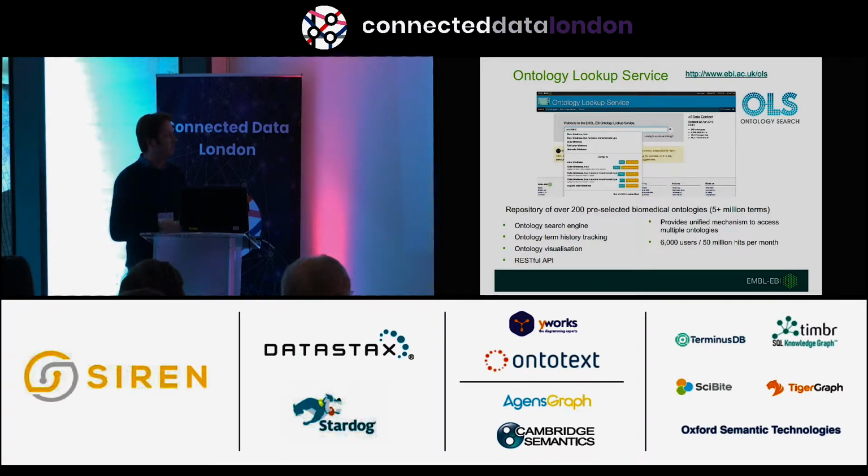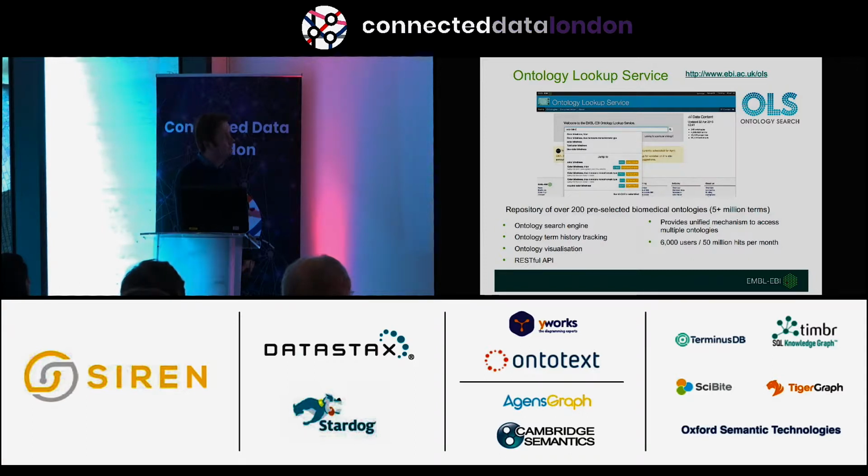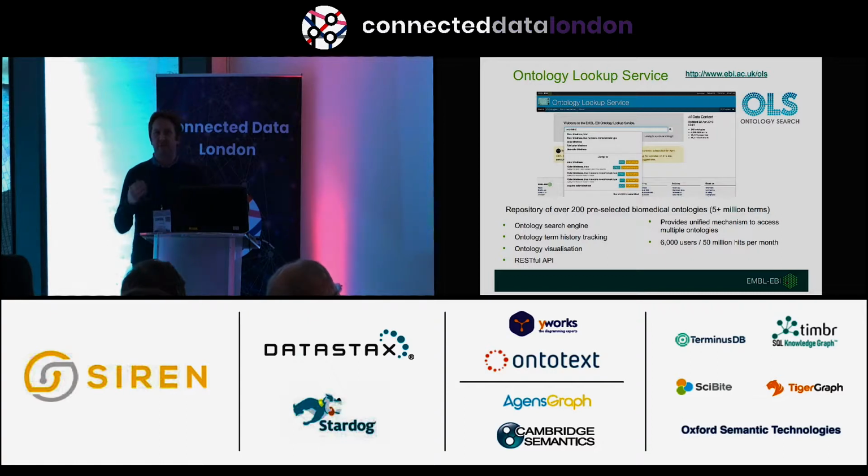Systems can kind of automatically update against that. We have a number of visualization tools, which I'll show on the next slide. We have an API for programmatic access. And really the goal here is to say, okay, well, of these 200 ontologies, yes, most of them are in OWL, but sometimes they vary in how they might represent definitions or synonyms.